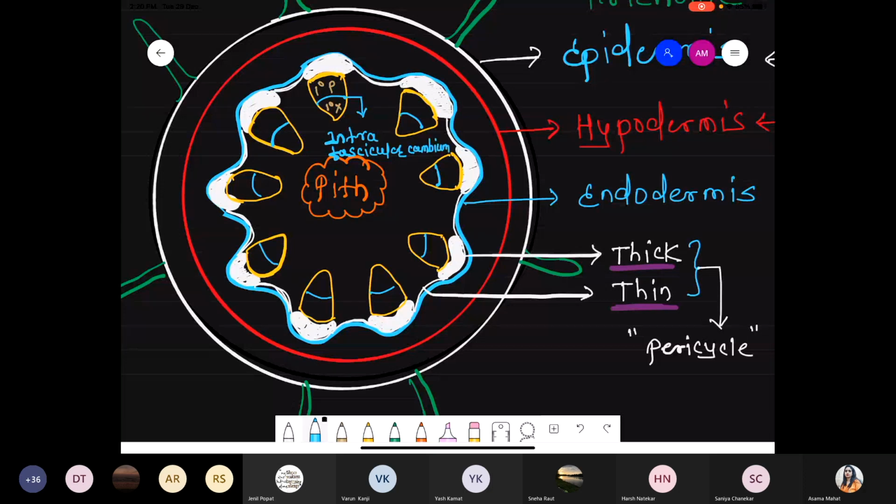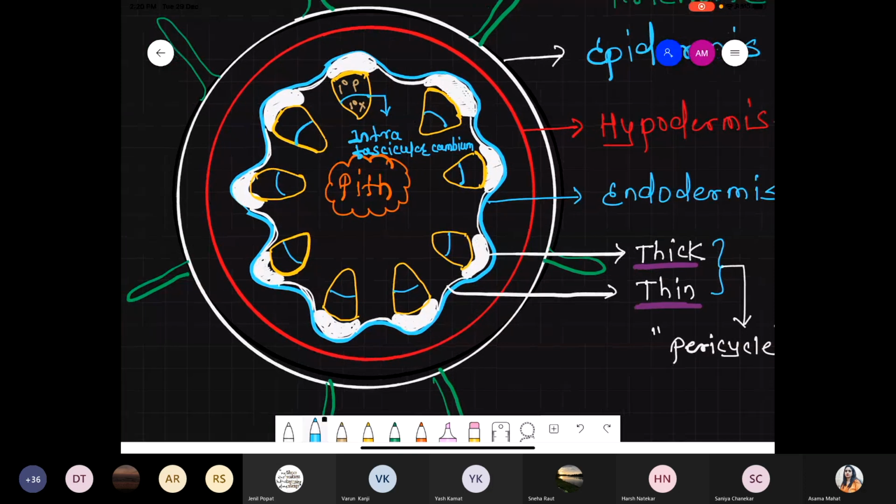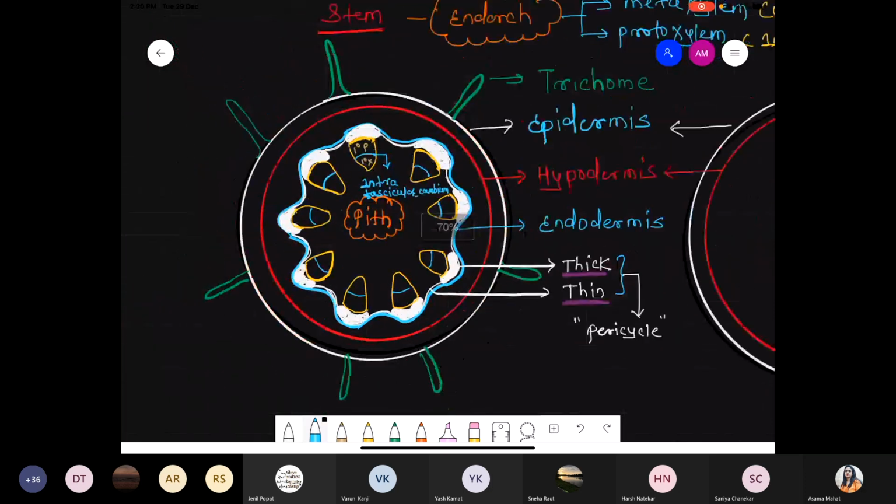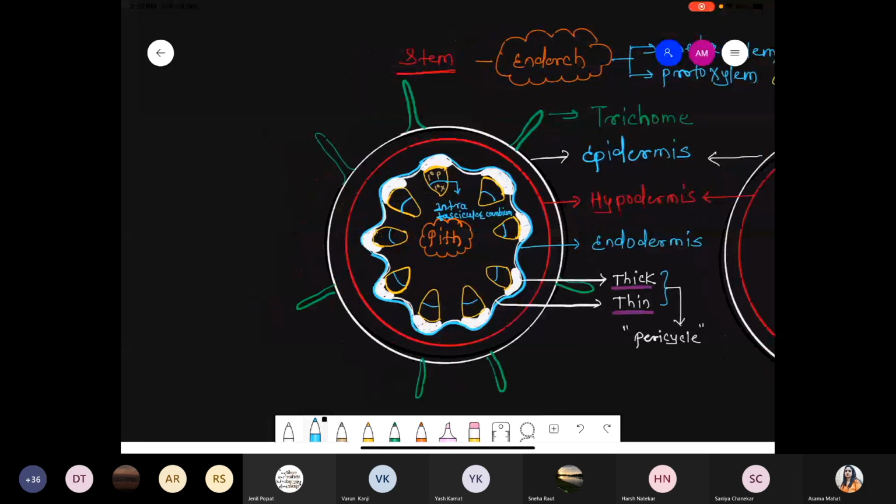I hope you remember we already discussed the meaning of the intrafascicular cambium. So I'm taking one section outside as it is. Suppose this is one vascular bundle. Like this. This is one vascular bundle. Inside the vascular bundle, at the center, there is a presence of the intrafascicular cambium, which is a part of the primary lateral meristem. Intrafascicular cambium. Okay. Now toward the outer side, यहाँ पे present होगा the primary P. P stands for the phloem.